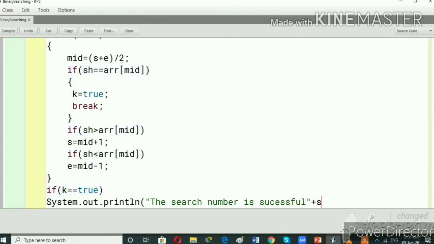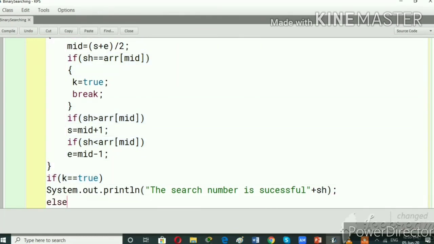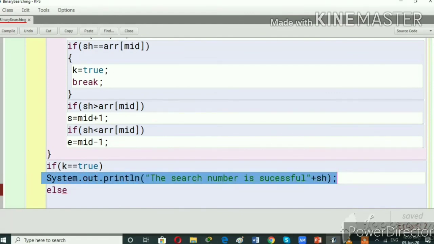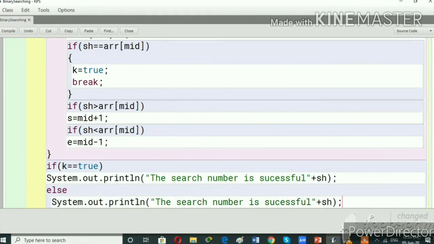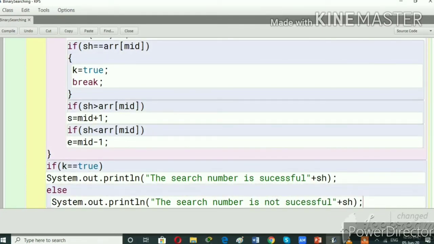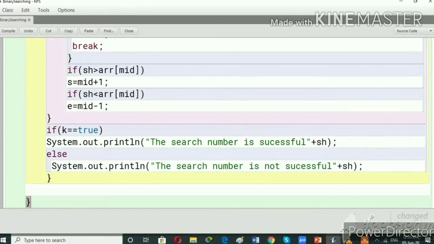If this condition is false, we have a message that the search number is not successful. We'll close the main method and close the public class.